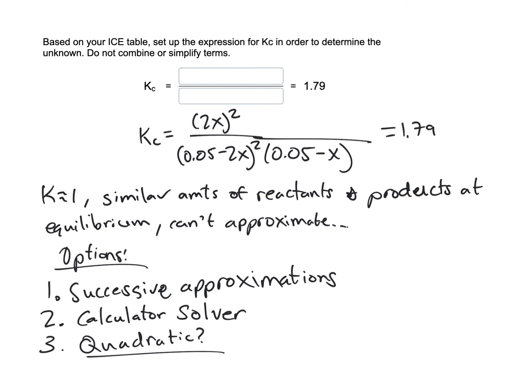Okay, so there are a few options in this case. Successive approximations is something everyone can do, no matter what kind of calculator you have. Quadratic, again, if that's applicable, anyone can use the quadratic formula. In this case, that's not applicable because if we expanded this, we'd have a cubic equation, so that one's not an option. So I'll do successive approximations first because that's something that everyone can